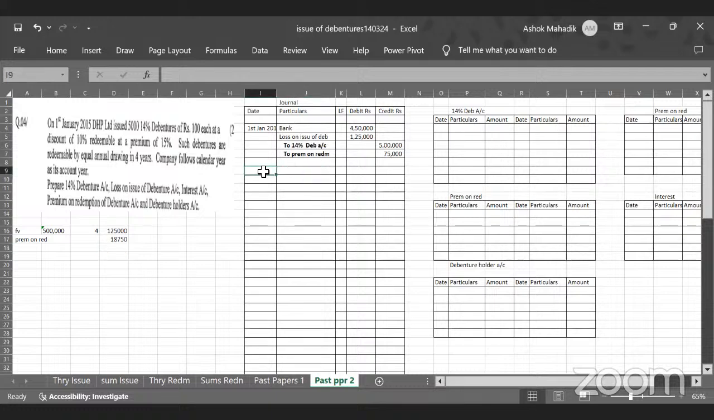Meanwhile, you can also pass entries for paying interest. So first we'll go for that on 31st December. At every year end we have to pay interest. How much interest? 14% debenture, so that is an indicator of the interest percentage, 14%. On how much amount? Always on face value. So on 31st December,